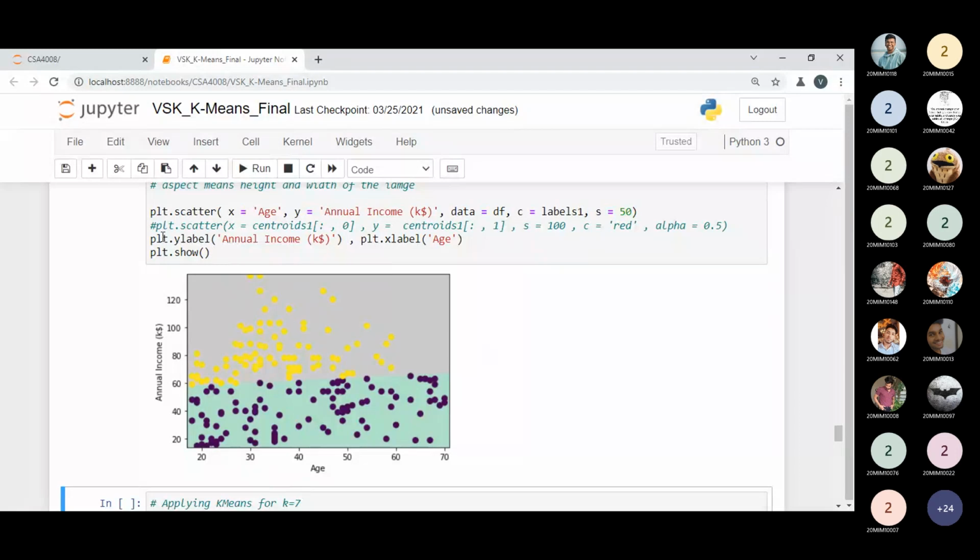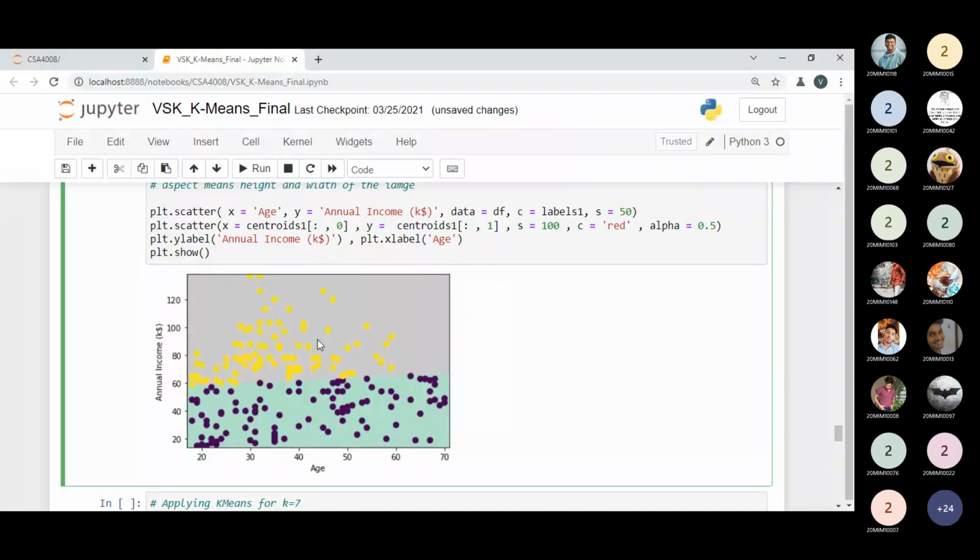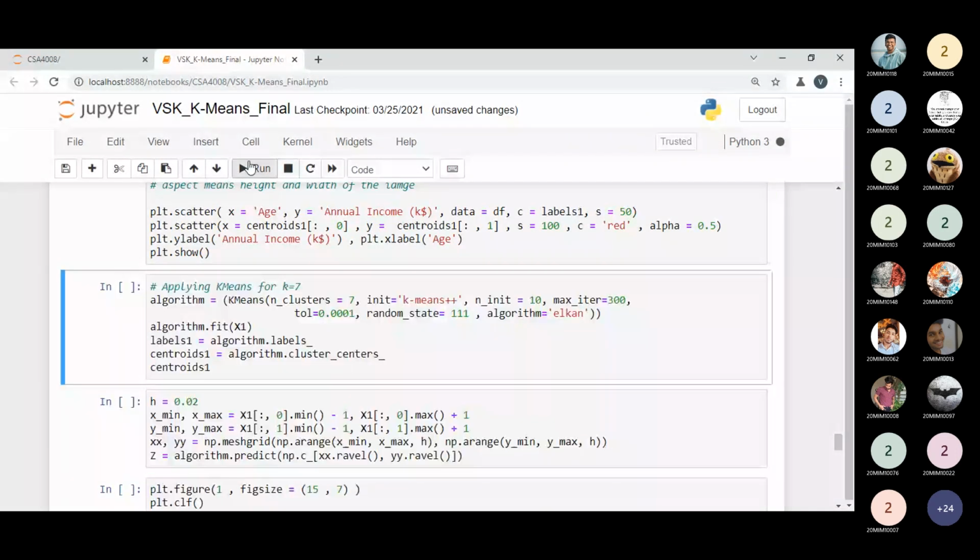We don't know. So with the help of this graph, by applying this code x equal to centroid, we have to pass the age and centroid 1. So x value will identify its centroid value, and from the y we can find the centroid value. So 0 and 1 we are passing, that is the index value of the age and annual income. And color, what is the color I'm choosing? I'm choosing color value, that is red only. Okay, C stands for the color, and alpha parameter, that is 0.5. If you want to take one, whatever you want to take. So let me execute this code, then you will understand the thing properly.